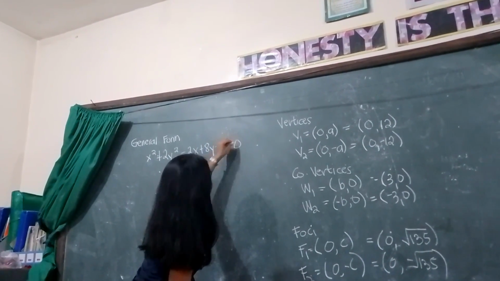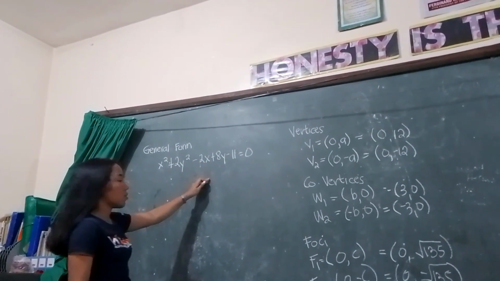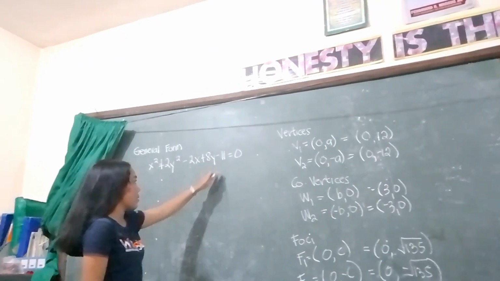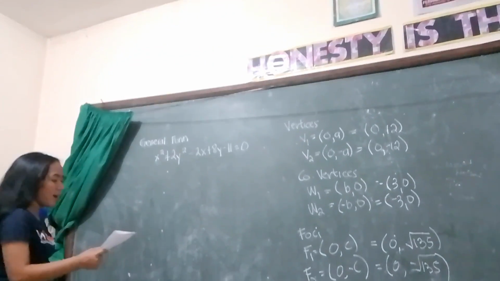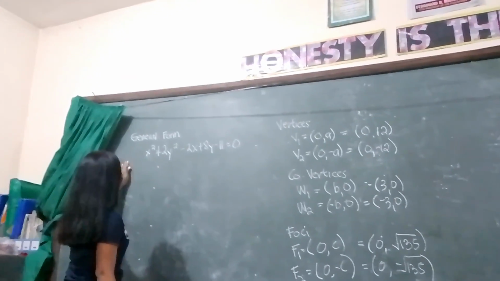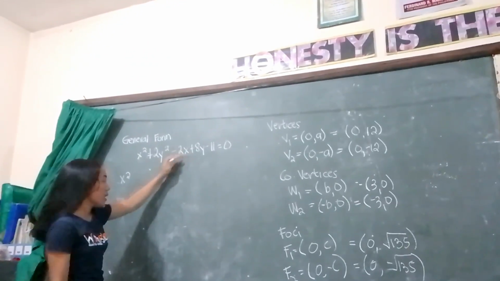So as you can see, our center is not equal to 0, just like our previous examples. So we have to regroup this form. For regrouping, we have x squared minus 2x